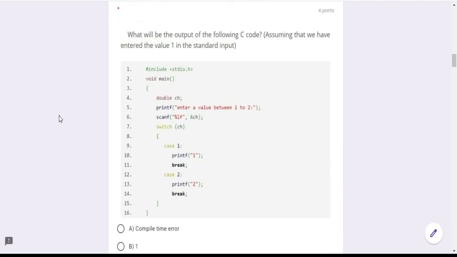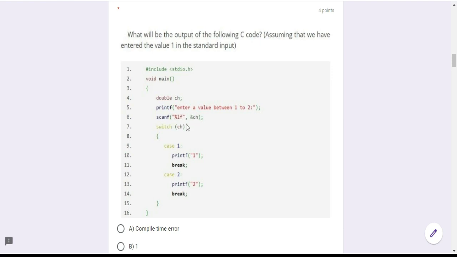Then this is the output for the following code, assuming that we have entered the value 1 in the standard input. So 1 is the standard input. Here enter the value between 1 to n. So assuming 1 is the value for this, then scanf for this statement. Here I have declared a floating point value.